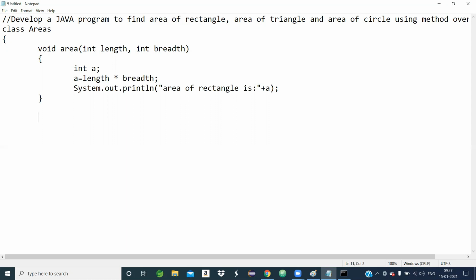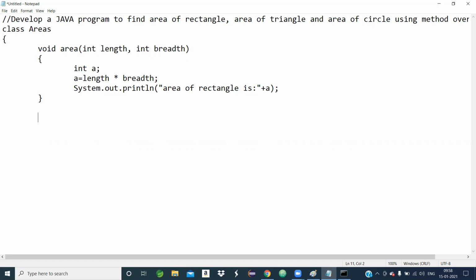So one method, the name of the method is area, that I have defined. As per my problem task, the area of a rectangle, we know area equals length into breadth. Length and breadth are two input variables, and a is my output variable as per my analysis. So the number of inputs I have considered as the number of arguments.